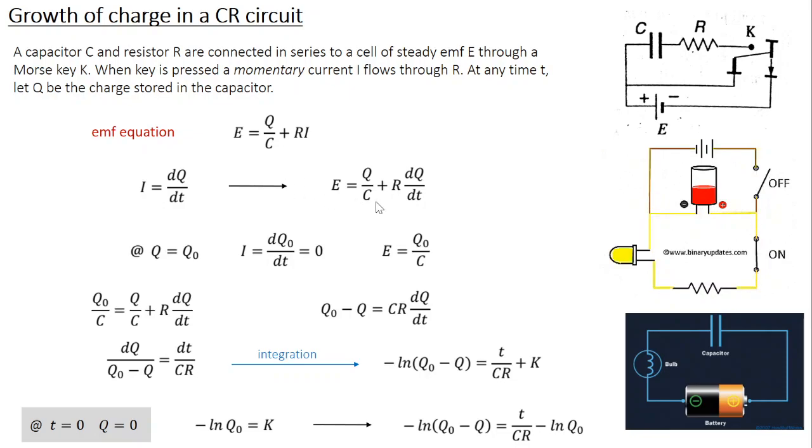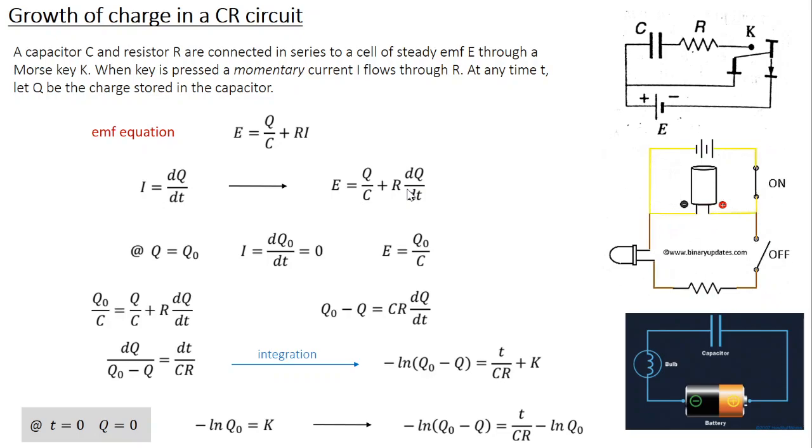Now how do we solve this? We are talking about charging of the capacitor, right? So the capacitor gets charged. When it gets completely charged, we know that the total charge stored in the capacitor is Q naught. So from this example, we know once the capacitor gets fully charged, there is no current flow in the circuit. So current I equal to 0. How does that happen? Mathematically, see here. At Q equal to Q naught, Q naught is a constant, so dQ naught by dt equal to 0. That's why we say when the capacitor is fully charged, the current is 0 in the circuit.